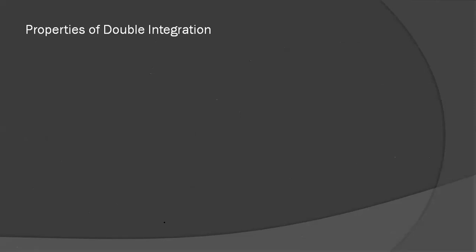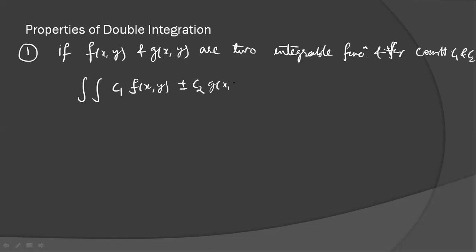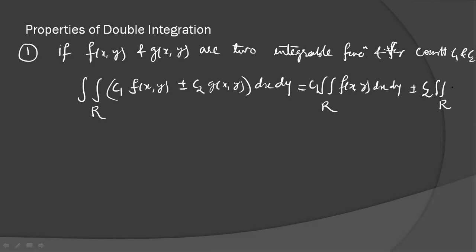Let's see some properties of double integration. First, the linear property: if f(x,y) and g(x,y) are two integrable functions, for constants c1 and c2, we have the double integration of c1 f(x,y) plus or minus c2 g(x,y) dx dy over region R is equal to c1 times the double integration of f(x,y) dx dy over region R, plus or minus c2 times the double integration over region R